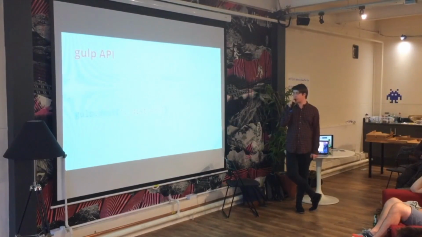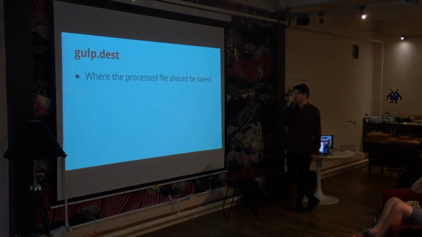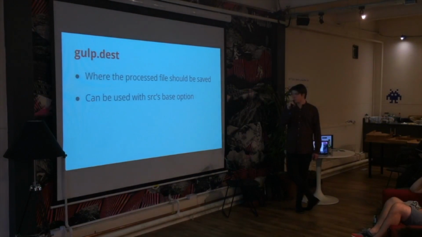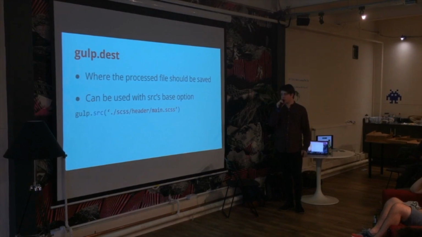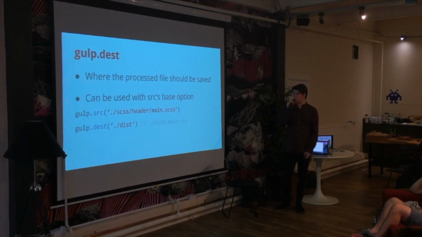So next up is gulp.dest. This is where the processed file from Gulp source should be saved. It can be used with the source base option. So if we take a regular Gulp source file here and set our destination to be /disk, our output will be disk/main.css. And what this does is it takes the file name from Gulp source and appends it to the end of the destination. But if we have two main.scss files in the SCSS directory, then we're obviously going to get a lot of overwriting on the same file,